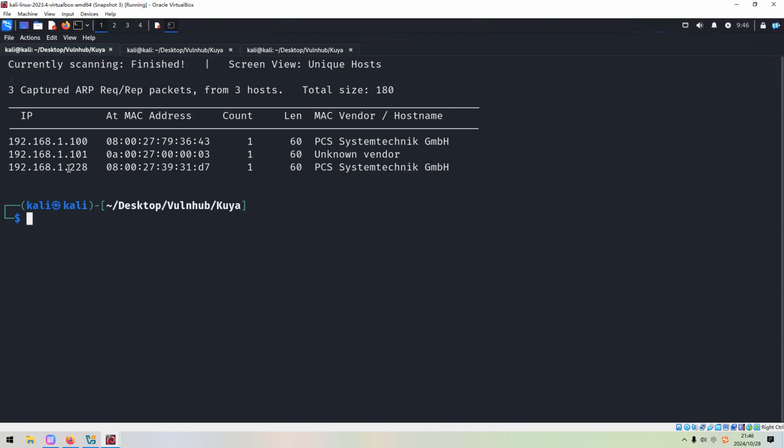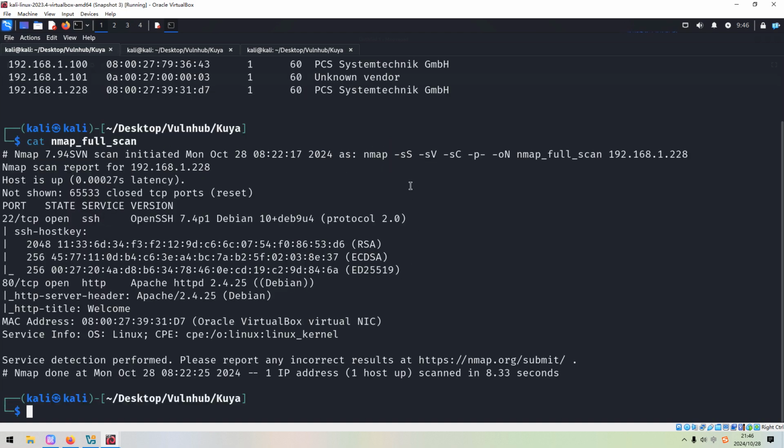So what do we have to do next? We need to do port and service scanning with Nmap. To save time in this video, I've already completed it before, so for now we just cut out its result. As you can see over here, I used the options like -sS scan, the version scan, the default script scan, followed by -p- to do the full range port scan. The last option of all is -oN to output the result into this file.